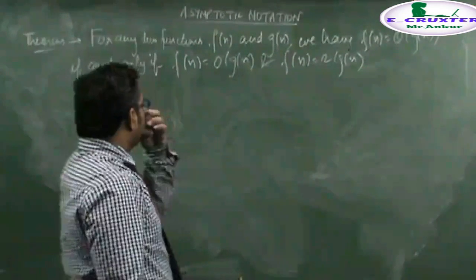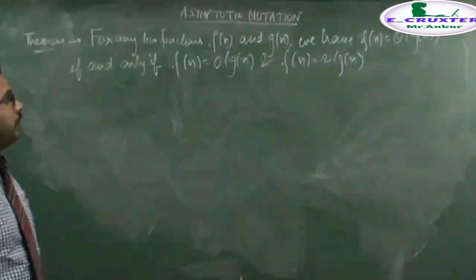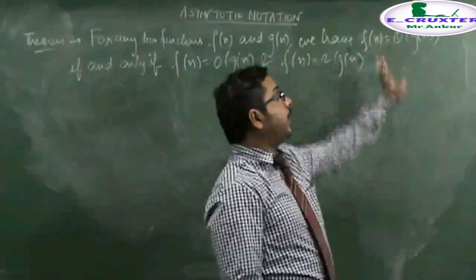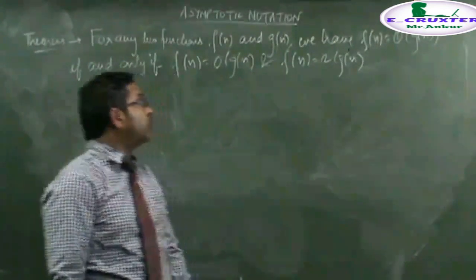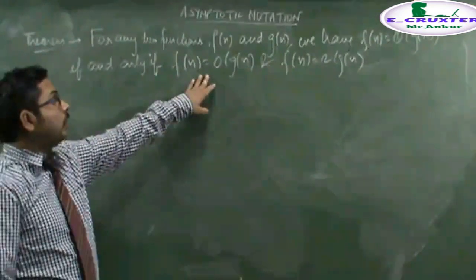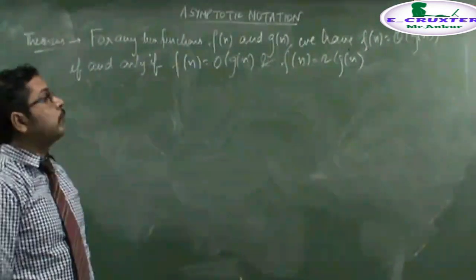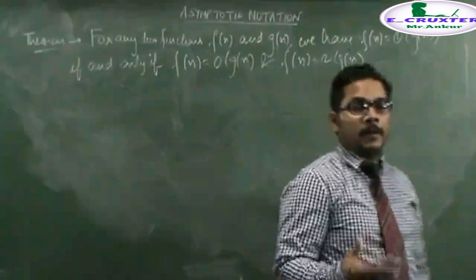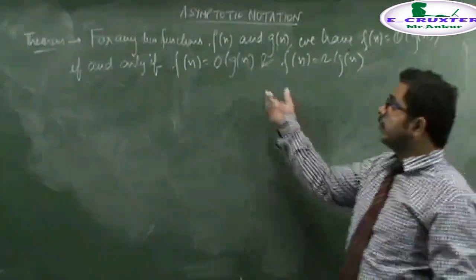That is, we see that for any two functions f(n) and g(n), the g(n) function will act as both an upper and lower bound for f(n) if g(n) is acting as the upper bound for f(n) and g(n) is acting as the lower bound for f(n). And we have seen this in the example which we have covered.